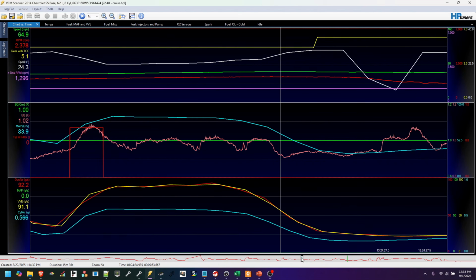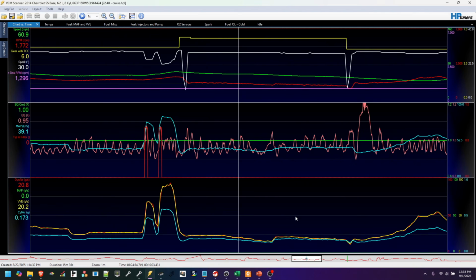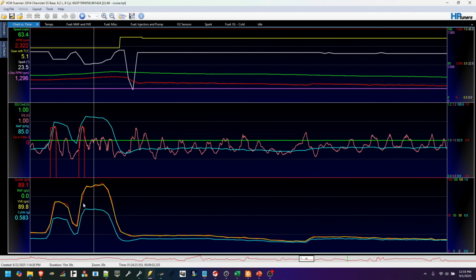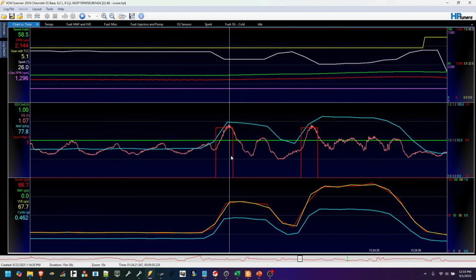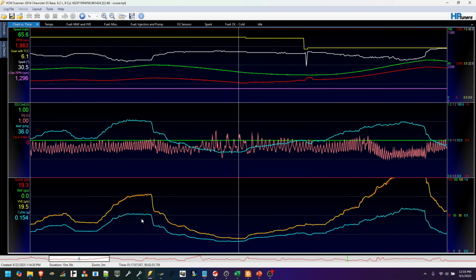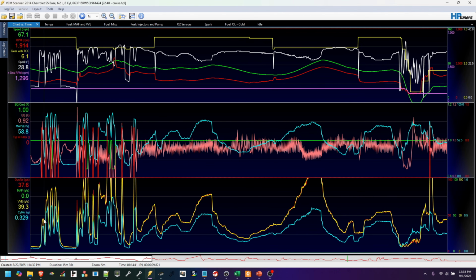So we kind of want to just go in and look at all of these spots in the log file to make sure that we are capturing the appropriate data. For the most part, this is pretty good. Both of those look good. Let's jump to maybe a different spot. We're not capturing a whole lot